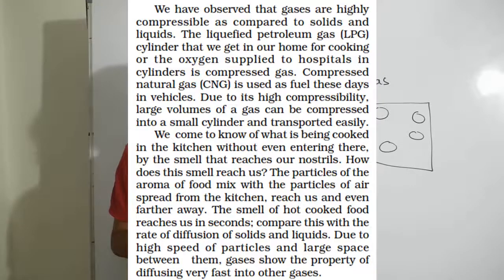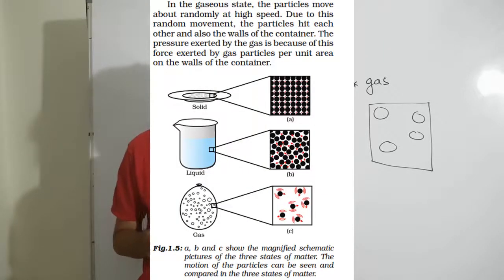Due to the high speed of particles and large space between them, gases show the property of diffusing very fast into other gases. In the gaseous state, the particles move about randomly at high speed. Due to this random movement, the particles hit each other and also the walls of the container. The pressure exerted by the gas is because of this force exerted by gas particles per unit area on the